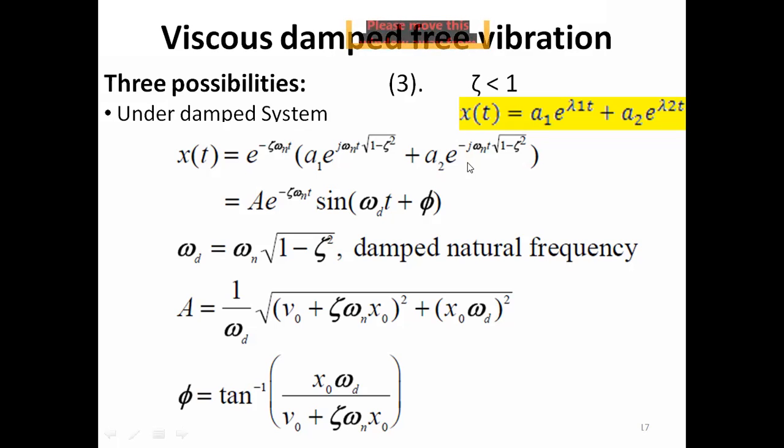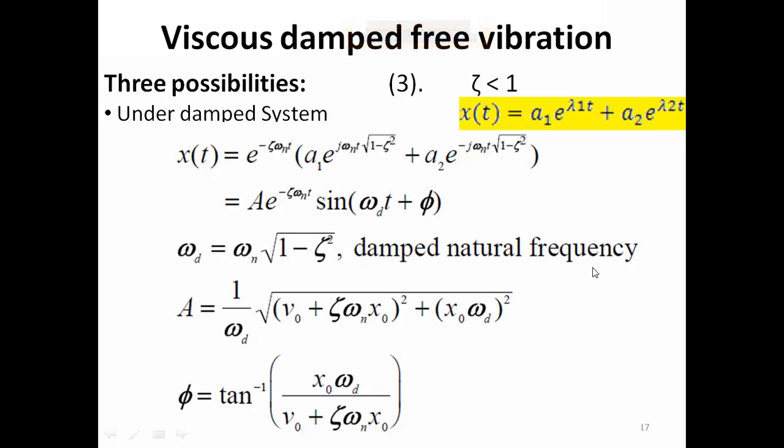We could also write down this response as exponential minus zeta omega n t sine omega d t plus phi, where omega d is equal to omega n under the root 1 minus zeta square,